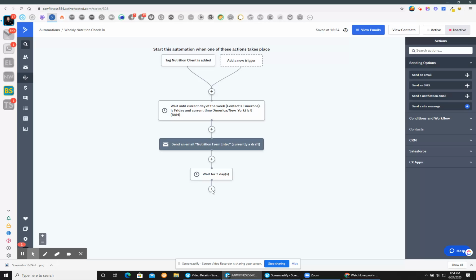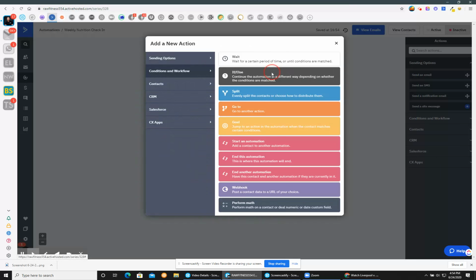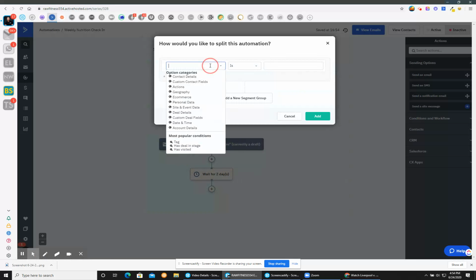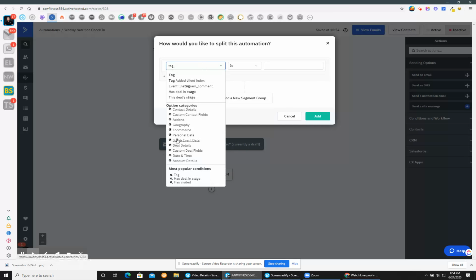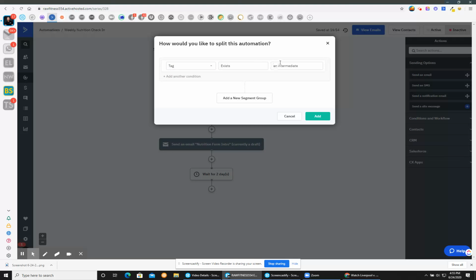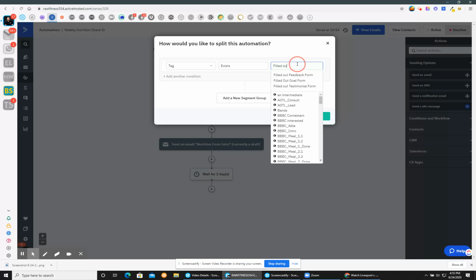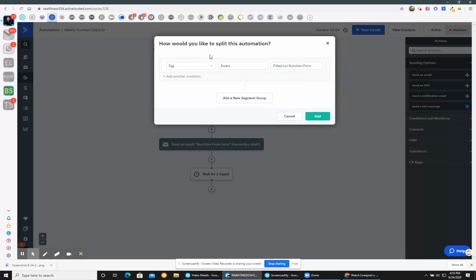I'm going to go if else. So I'm going to hit my little button, and I'm going to do if else. Watch me here. And I'm going to say tag. This will make sense in a second. Tag exists. And then we're going to call the tag filled out. Man, computer's slow today. Filled out nutrition form, right? So if they have that tag,